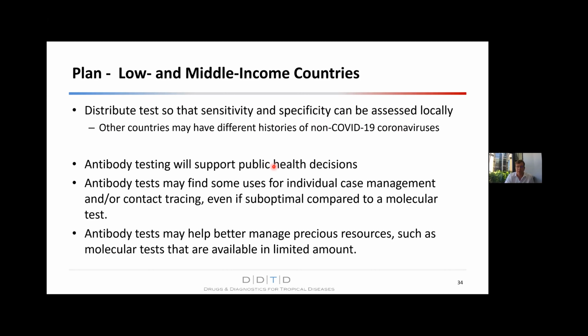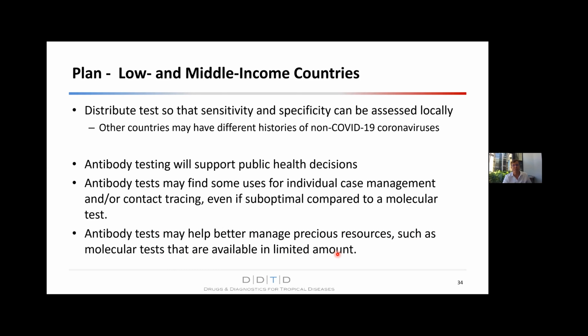And then we hope that the antibody testing will support public health decisions. We also hope that antibody tests may find some uses for individual case management and for contact tracing, even if they are suboptimal compared to a molecular test. Another way of saying that is that antibody tests may help better manage precious resources, such as the molecular tests that are already hard to get by in the United States, but are available in even more limited amounts in